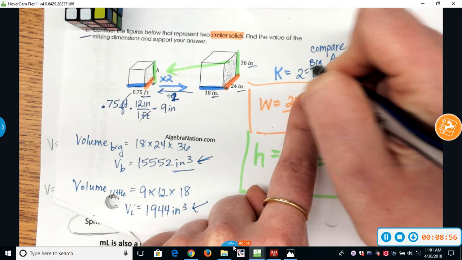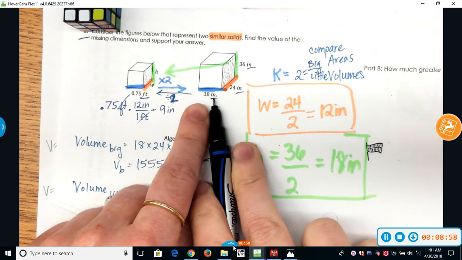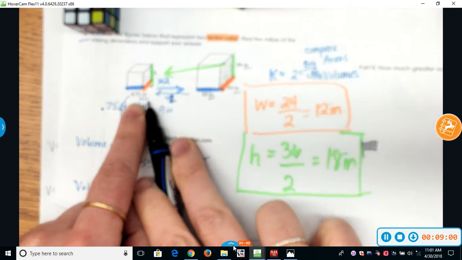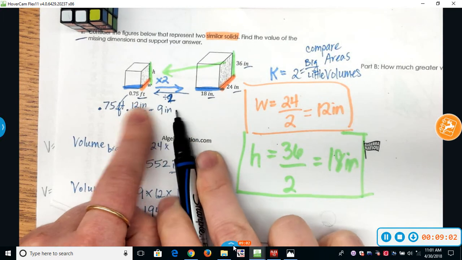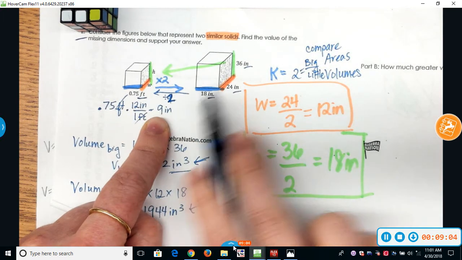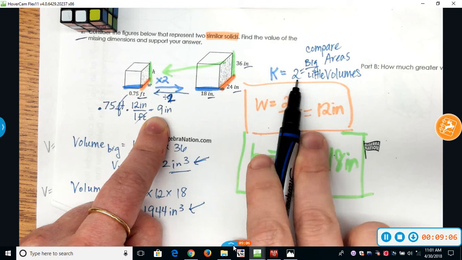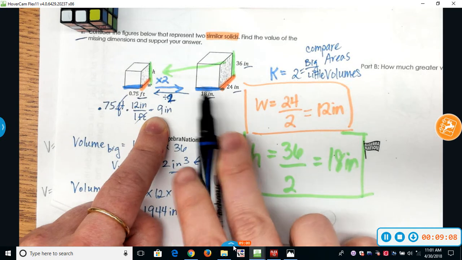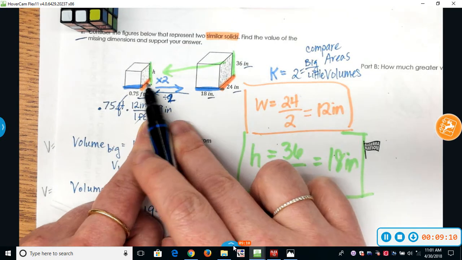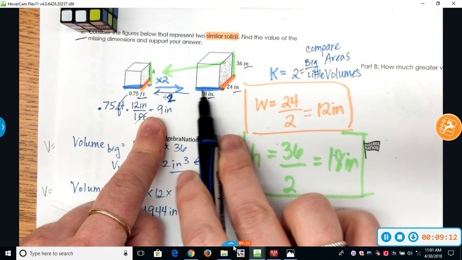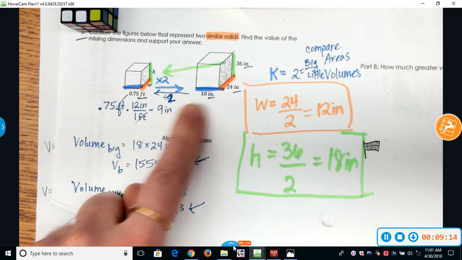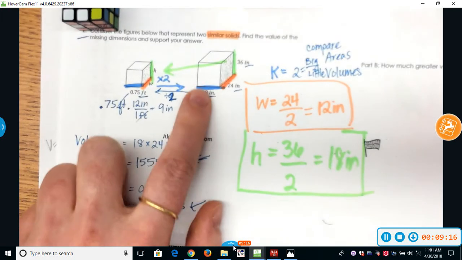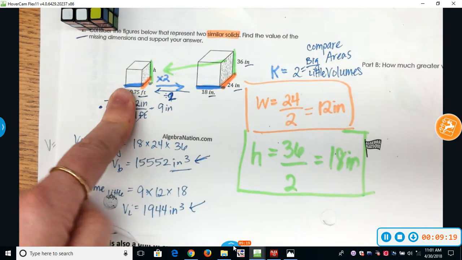All right, so for example, 18 divided by 9 gives me a scale factor of 2. Okay, so this length is 2 times bigger than that length. Or sorry, I mixed that up. This length is 2 times bigger than that length. All right,